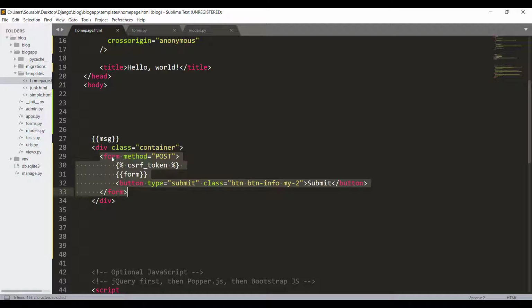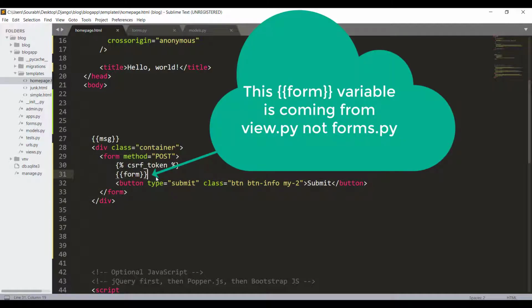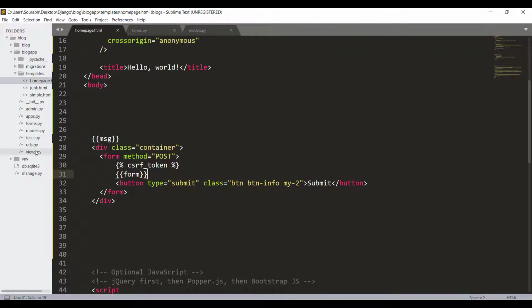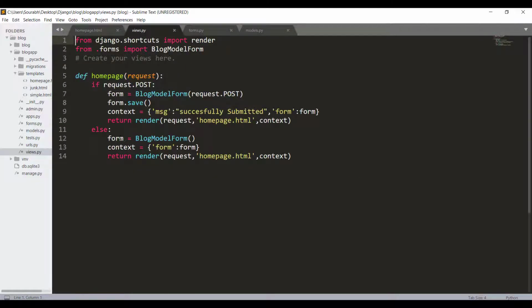We have this variable form, which is coming from forms.py. Let me show you the views.py file to get an idea how I am giving this form.